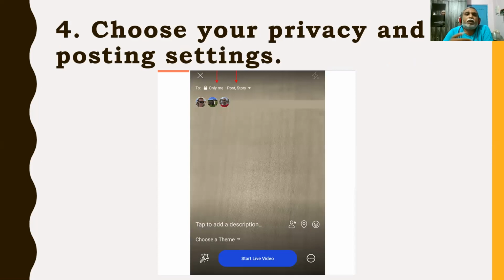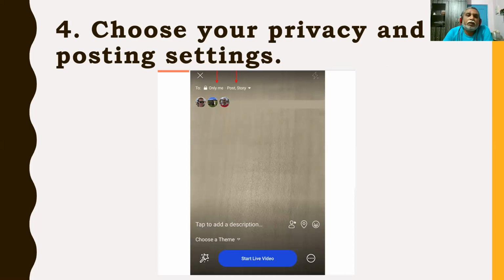Same process we discussed earlier with the privacy section. You can set only me, only my friends, only my selected friends, or public, meaning all persons can see your Facebook live.